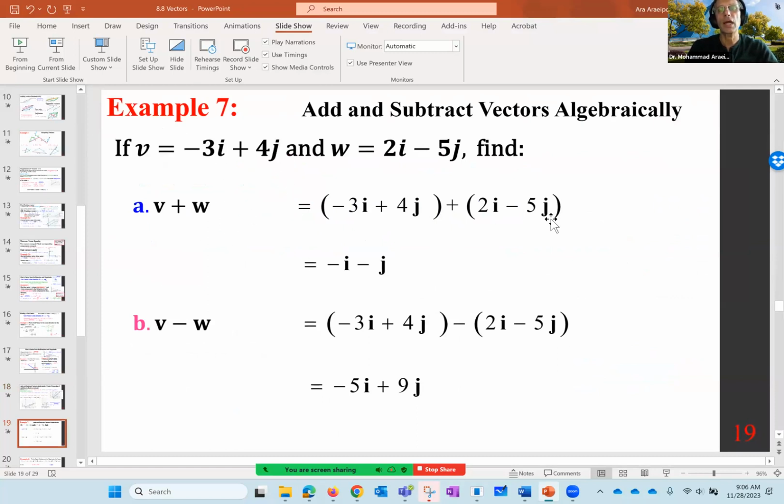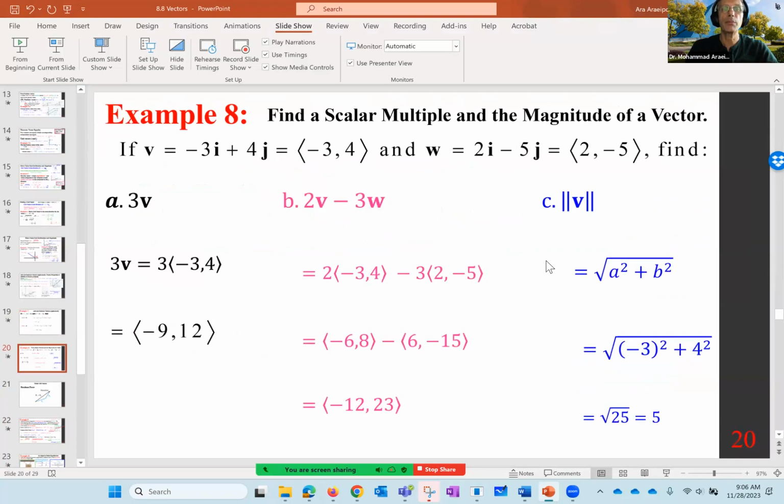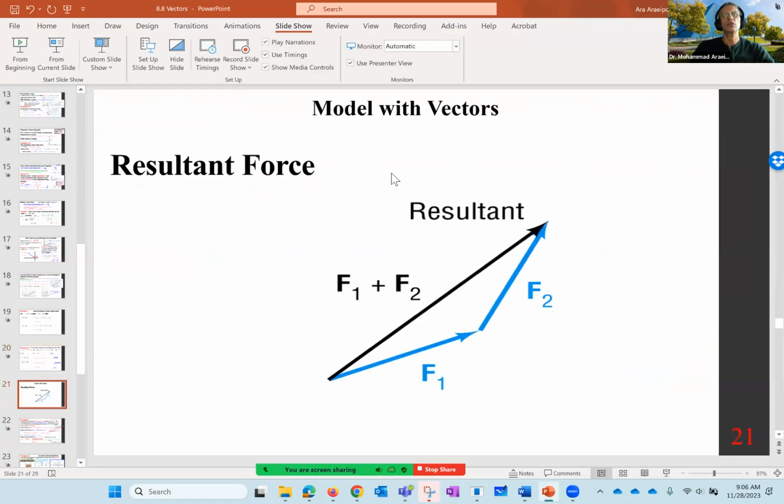All you have to do is just add up their components algebraically. Same thing happens here. In order to find a scalar multiple and the magnitude of a vector, we follow the same. I believe this was the last piece we covered, and now we are going to look at the model with